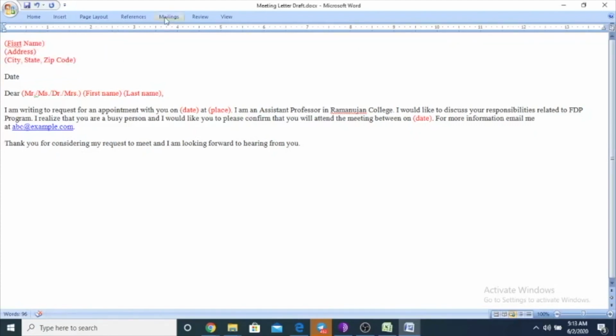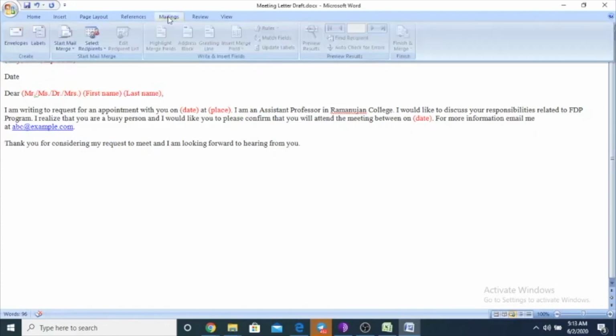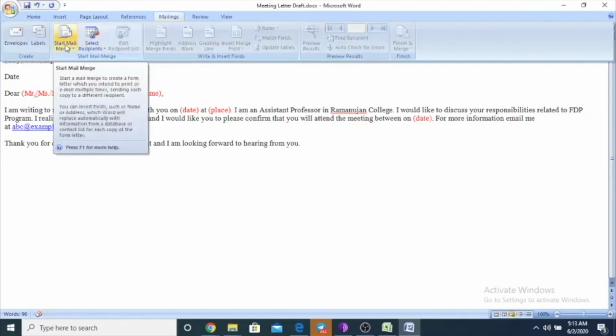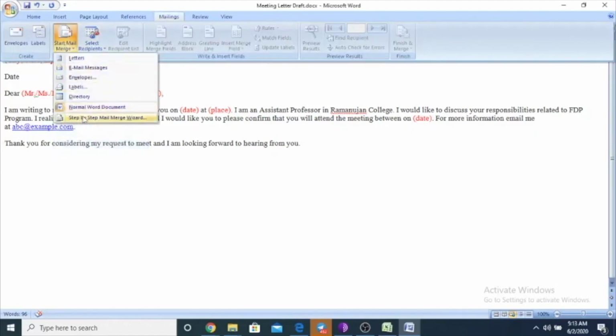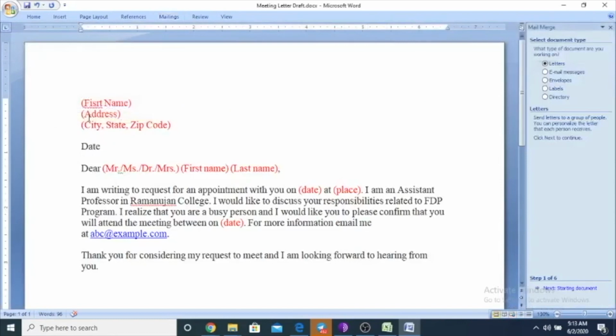So how am I going to do the mail merge activity? First you click on the Mailings tab, then click on Start Mail Merge, then click on Step by Step Mail Merge Wizard. Here is the document type, what kind of document you want to create. If you want to create a letter, you can choose letter. If you want to create an email message, you can choose that here.